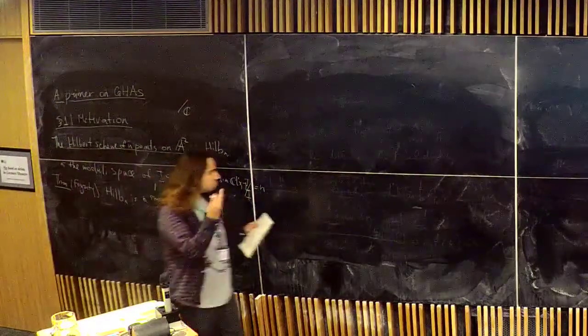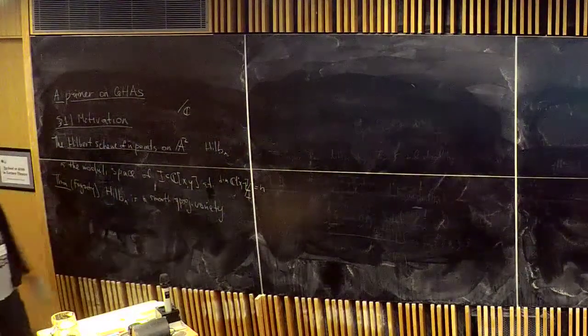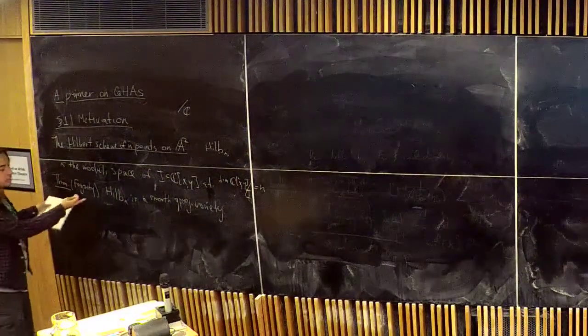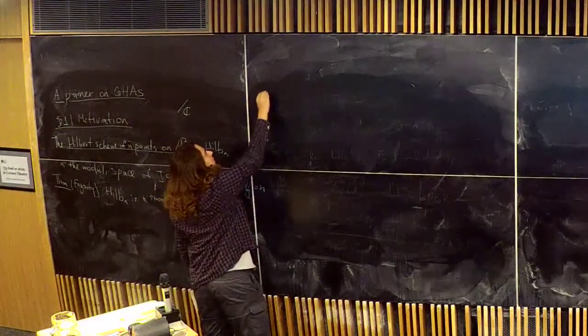And so, if you have a smooth quasi-projective variety, one of the first questions we can ask ourselves is what is the cohomology of this variety? And the answer